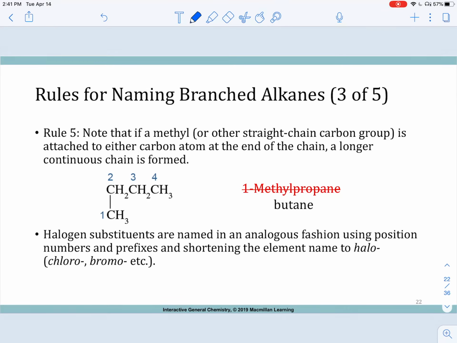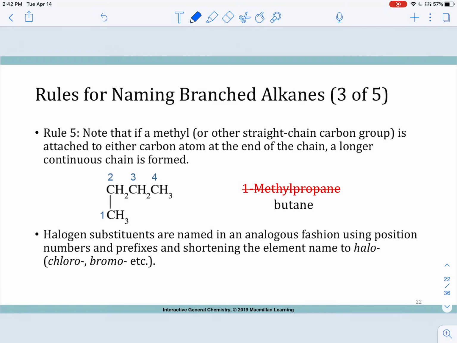Okay, welcome back to the second part of section 21.1. We are learning how to name alkanes, and we learned the first four rules in the first video. On this one, we're going to continue on, then also talk about a couple of reactions that alkanes are typically part of. So rule 5 is just noticing that if something is drawn like this, it's kind of